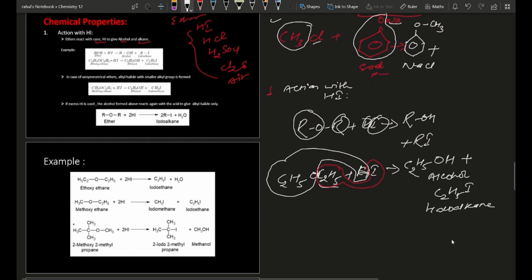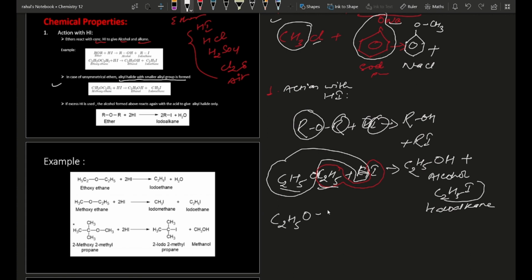Now our conditions when in case of unsymmetrical ether, so you चाहिँ के छ symmetrical, here C2 and here also C2, so this is symmetrical. So if in case there is unsymmetrical ether, so कुनले halide formation गर्ने कुनले alcohol formation गर्ने त्यसको. So alkyl halide with a smaller alkyl group is formed. So halide जुन formation हुन्छ halide haloalkane, त्यो halide formation भनेको सानो ग्रुपसँग अट्याच हुन्छ and the larger group will form alcohol. त्यसको example हेरौँ